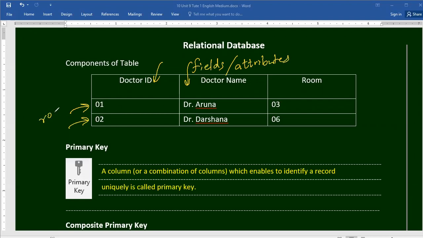These are rows, row, tuple, or record. Just write it down.